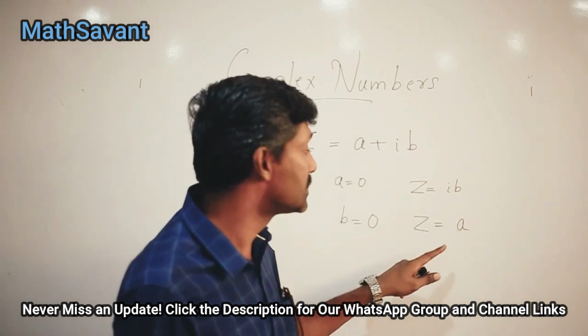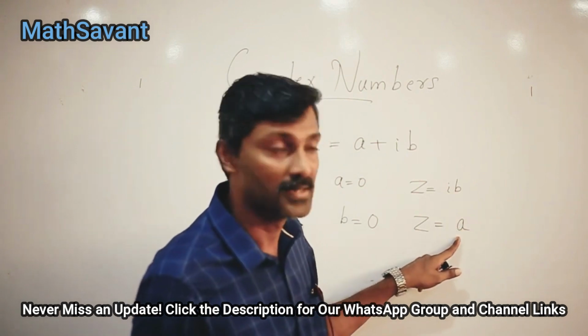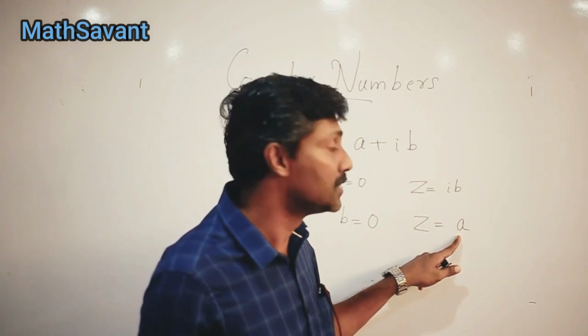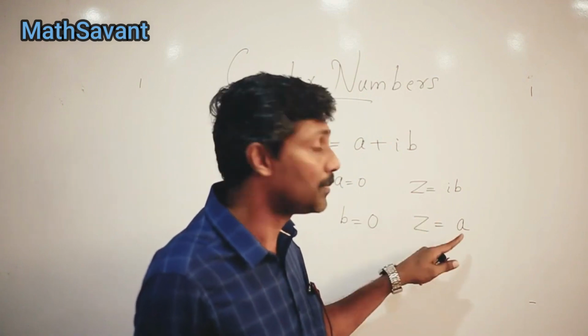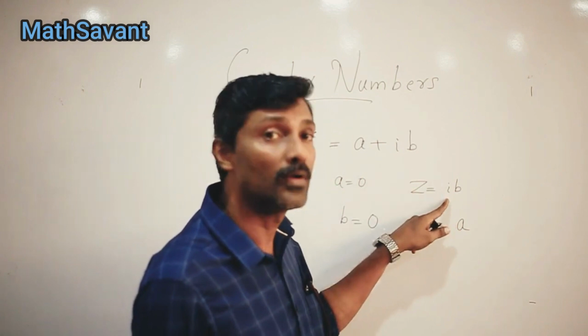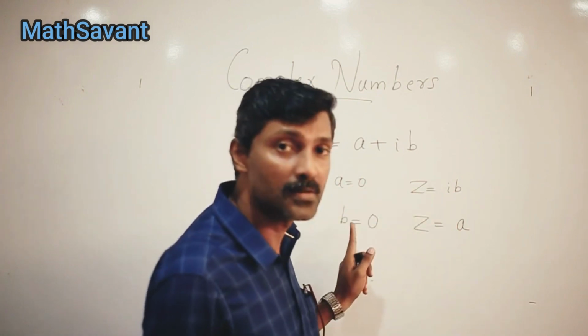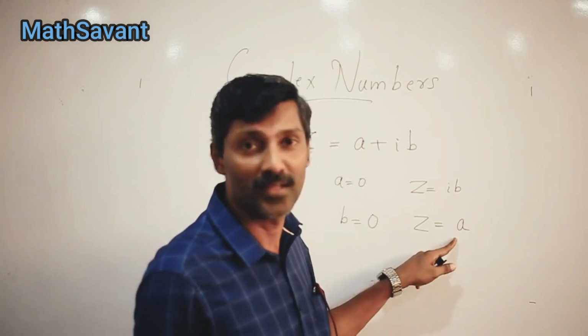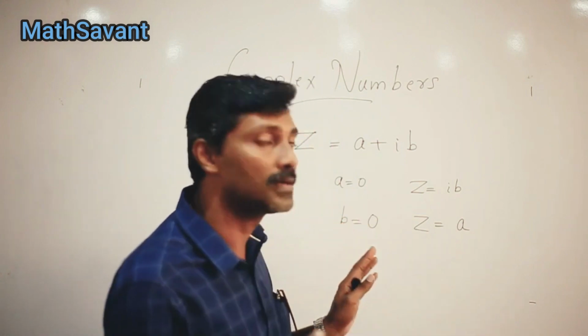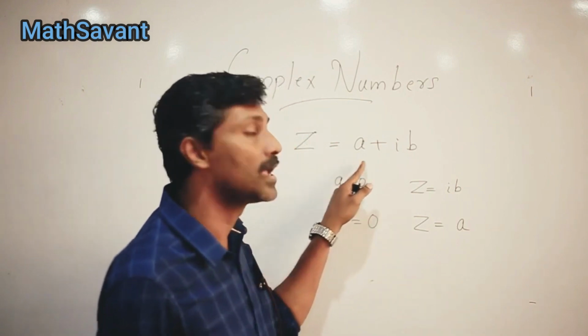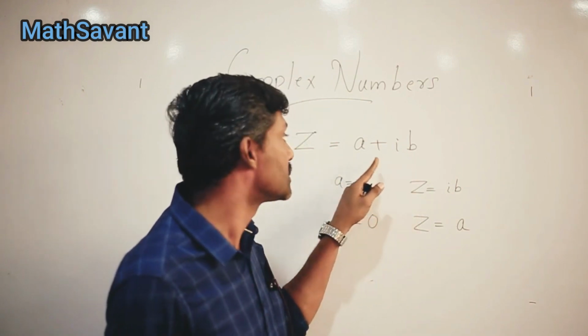That means this has only a real part. So this is a real number which doesn't have an imaginary part. So we can have two cases. The real part is 0, that means you get a purely imaginary number. And the imaginary part is 0, that means you get a purely real number. So basically, generally we can say that any complex number z is equal to a plus ib,